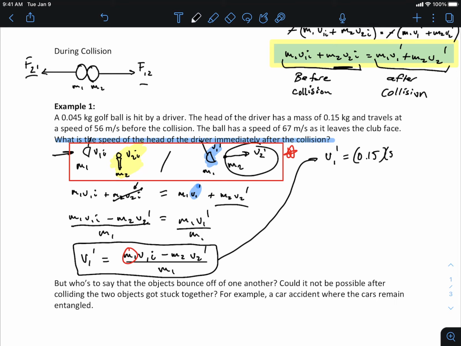Then we're going to subtract off the mass and velocity of the golf ball after, right? M2 V2 prime. V2 prime is over here, the golf ball after the collision. So we just got to plug in those numbers. What's the mass of the golf ball? 0.045. I'm going to move this over in a sec. And multiply that by